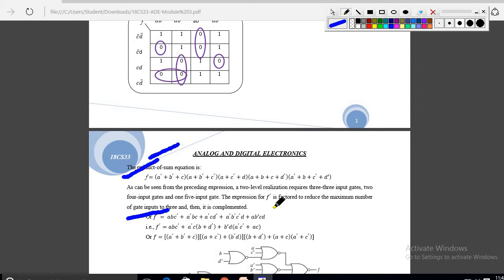Is it clear? Or else you have to do one thing while designing: do the zero grouping, but write the SOP as usual, the way you write the K-map equation. Okay, so see here, I am reducing this expression A B C dash plus A bar. I am taking C common in these two, A bar C, so the remaining thing is B plus D bar here. So I am taking A bar C common here.